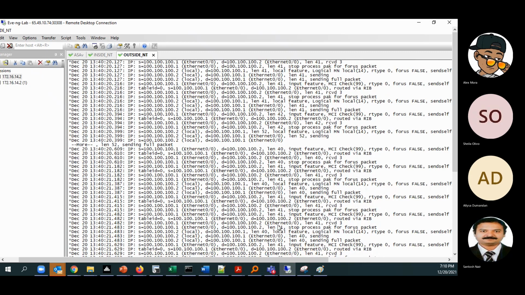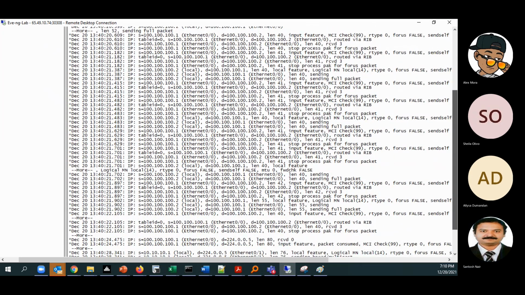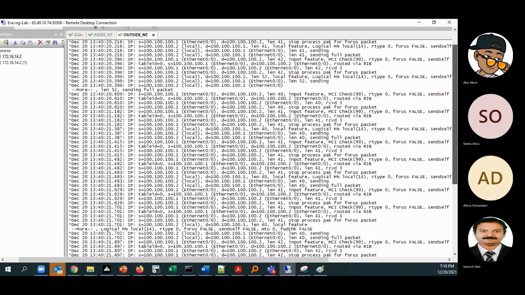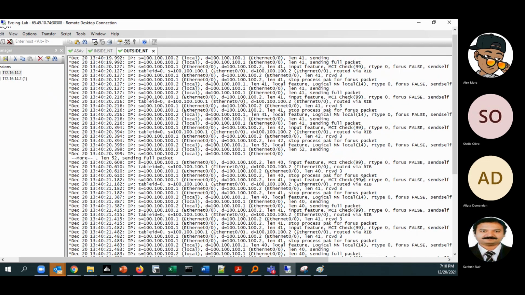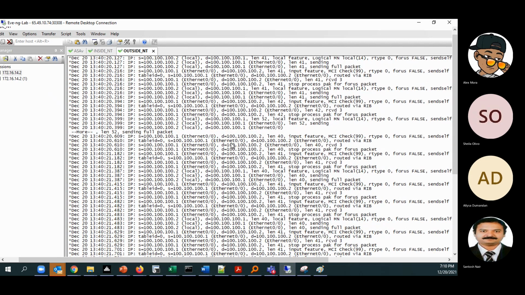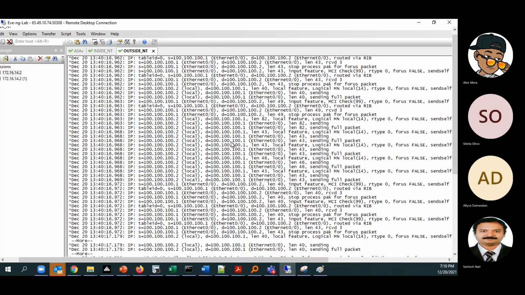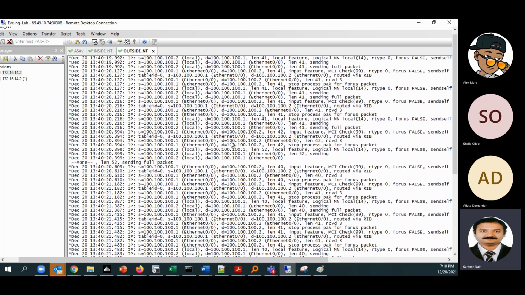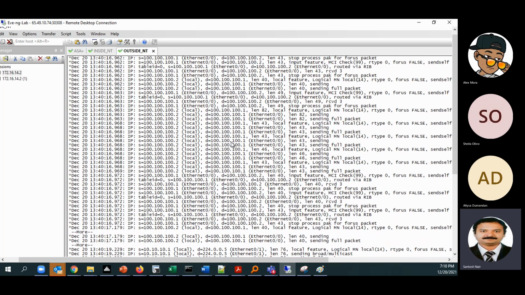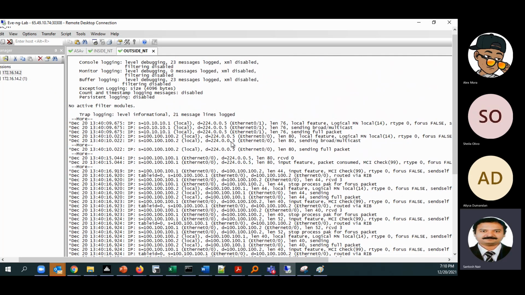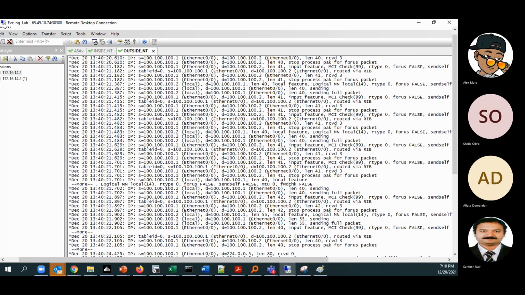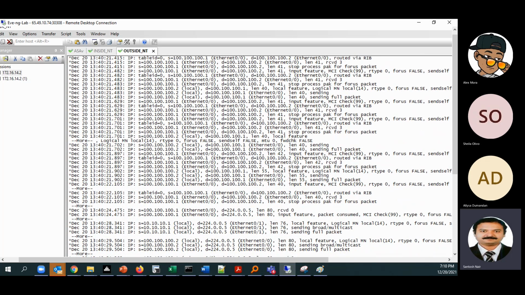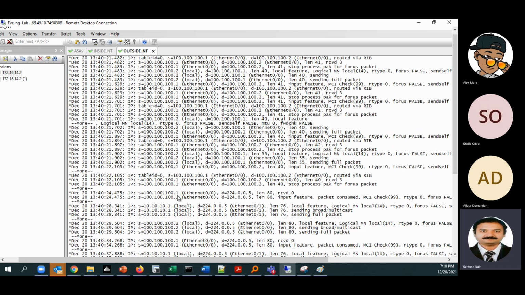The traffic has to come from... IP traffic is coming from where actually?